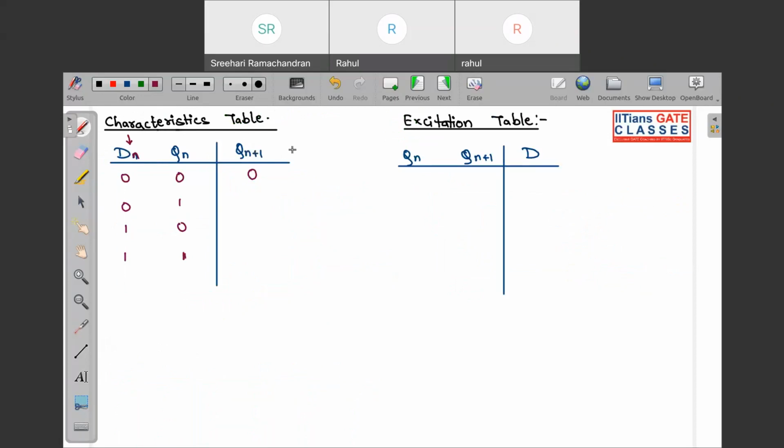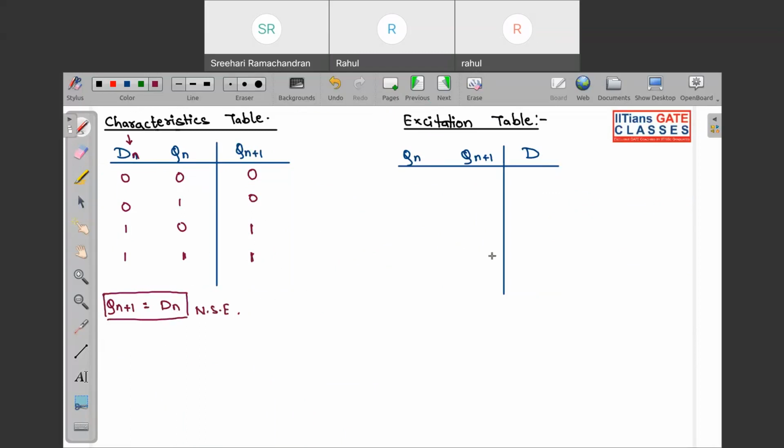Okay, so don't get confused what this dn is. So look, it is 0 still over here, this will be 1, this will be 1. Now if I want to write qn plus 1, so this will be what? Qn plus 1 is simply dn. So this is the next state equation